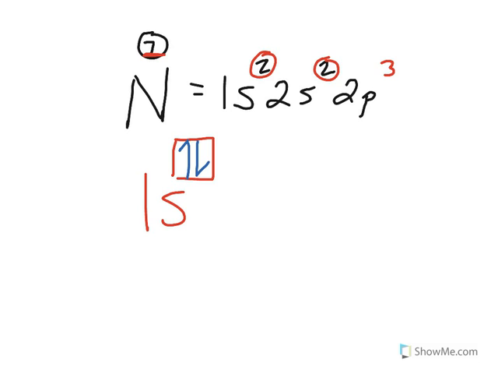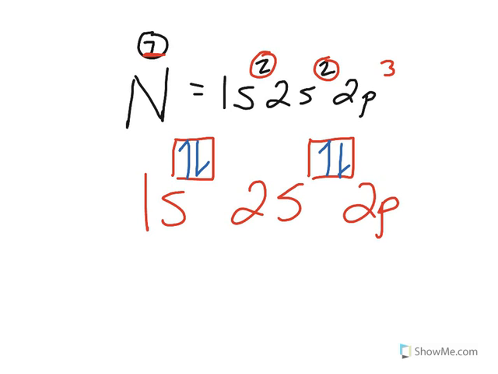Okay. Our next sublevel is 2s, and once again it's an s, so it can only have one orbital that can hold up to 2 electrons. Okay. Now when we get to the 2p, based on its shape, it can have 3 orbitals, so we're going to draw 3 boxes. Okay. And those boxes just represent different orbitals, and it can hold up to 6 electrons, but we've only got